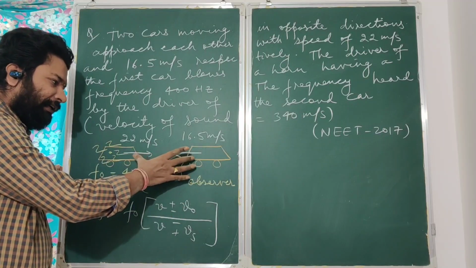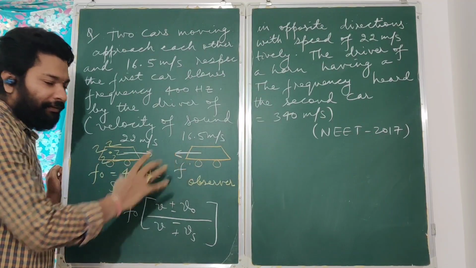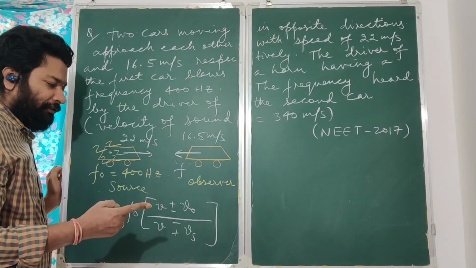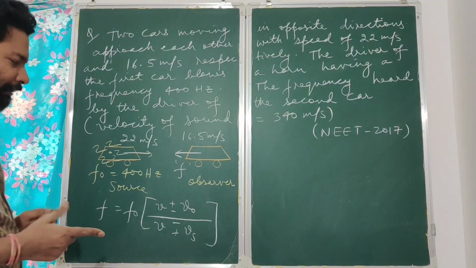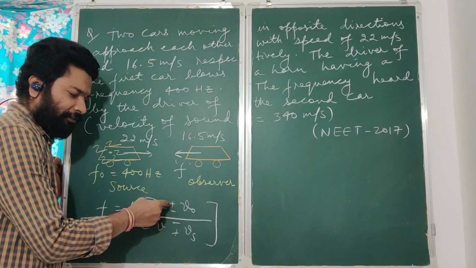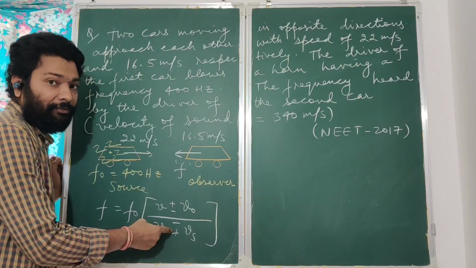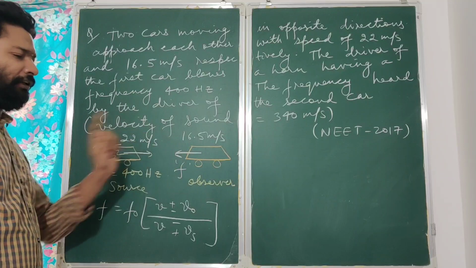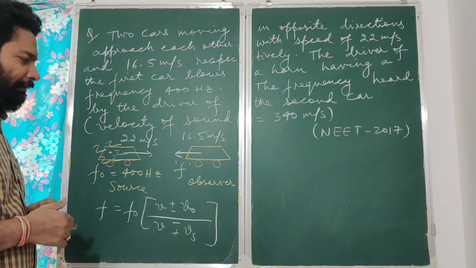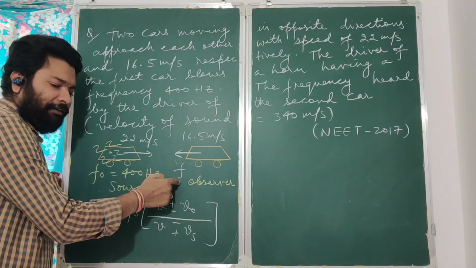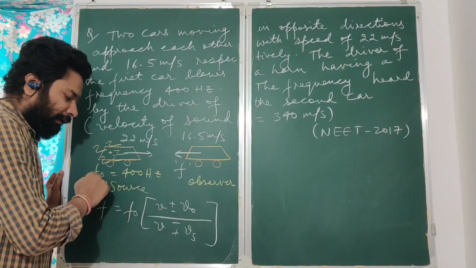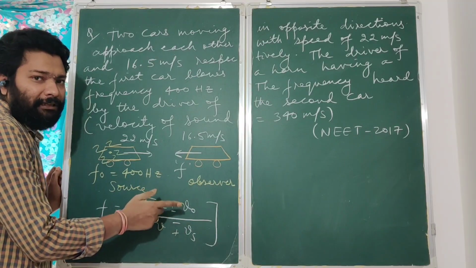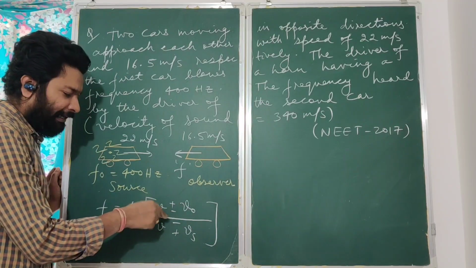If the distance between source and observer is decreasing with time, then apparent frequency will always be greater than the actual frequency. And when is that mathematically possible? When numerator of this fraction is maximum and denominator is minimum. Similarly, if distance between source and observer is increasing with time, then apparent frequency will be lesser than the actual frequency. So in that case, this fraction should be minimum. How can you make it minimum?